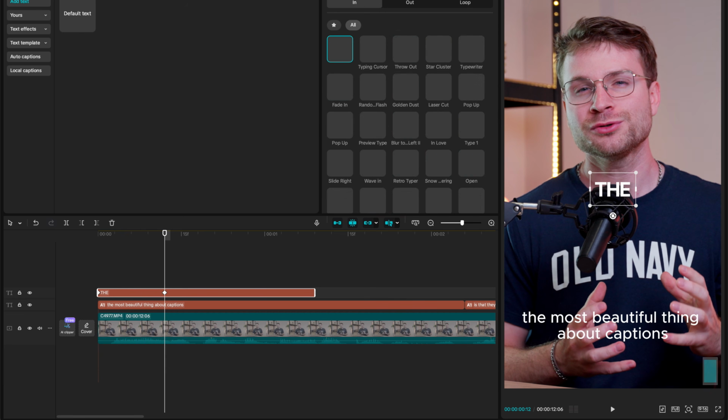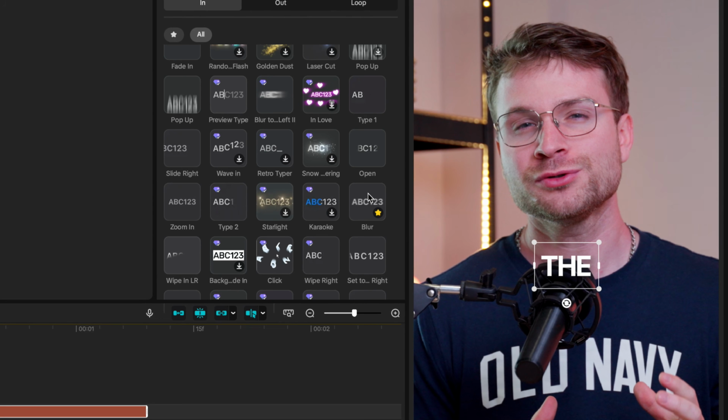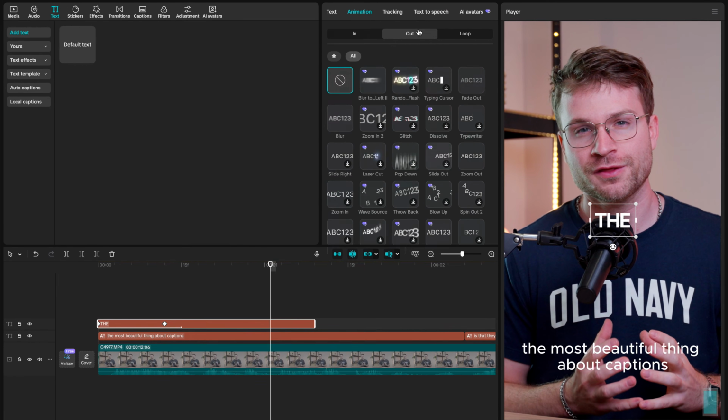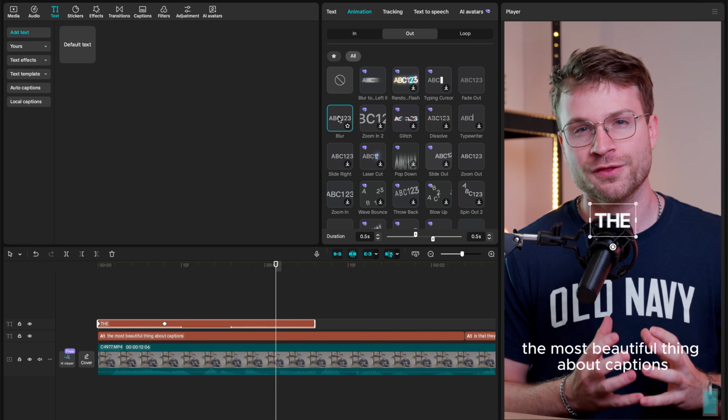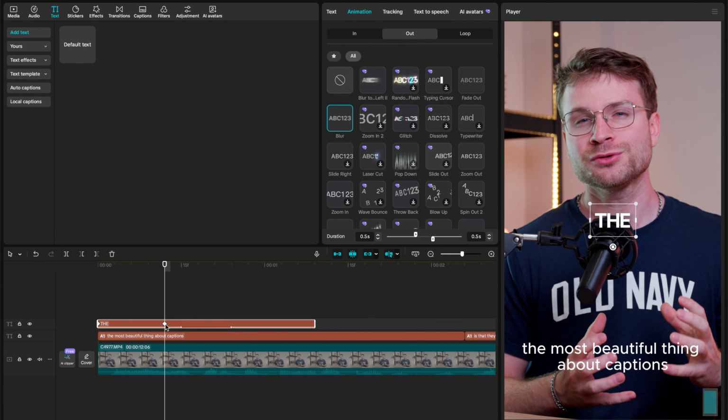The last thing I'm going to do is stay selected on that word and go to animation. Scroll down a little bit until you find blur, and I'm going to leave the duration at 0.5 seconds. I'm then going to go to out and add a blur on the out animation. Let's watch that. The most beautiful thing about. I think our word is sliding up a little bit too fast,